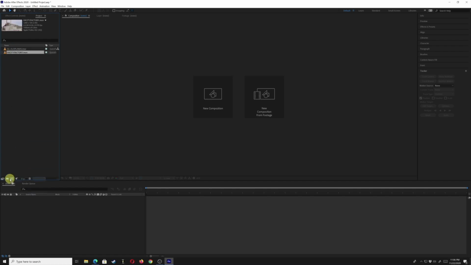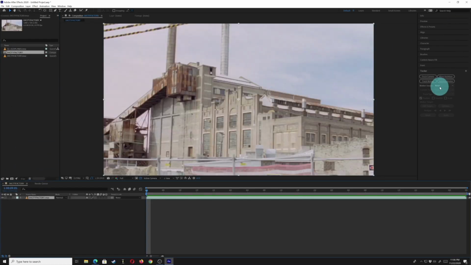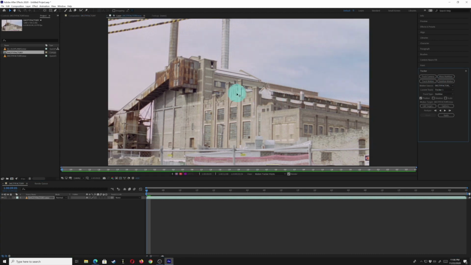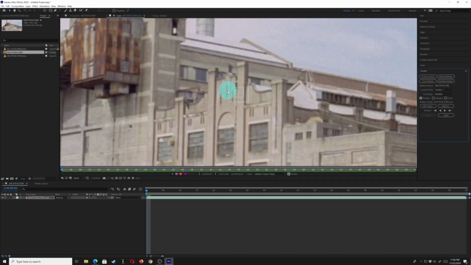We go back to the factory. Let's try a manual stabilization. So here we have stabilize motion. Now we're going to do this manually, and what it's going to do when I click on it is create a tracking point. So the tracking point, what I can do is I can place it over any point in the image. What you're looking for is something like this, something that's got a lot of contrast to it. So anything here, like right here,